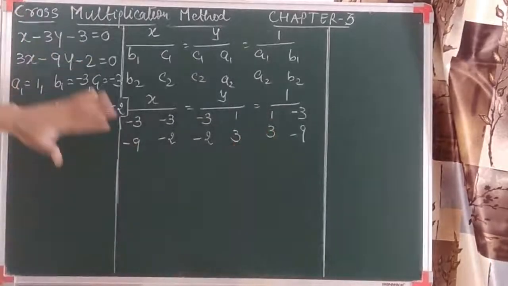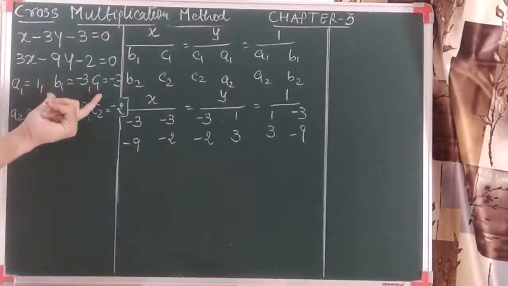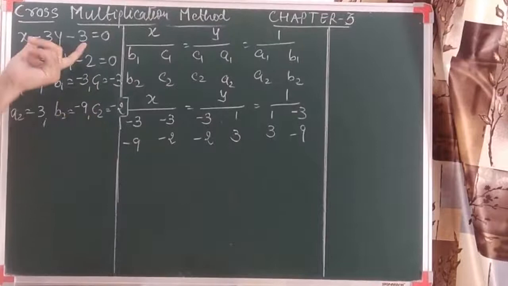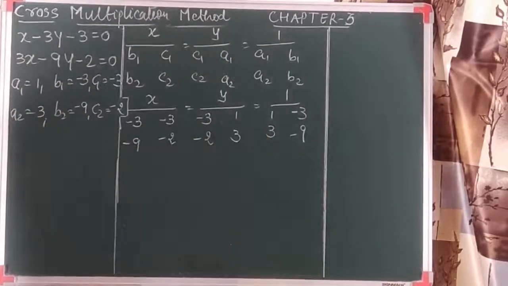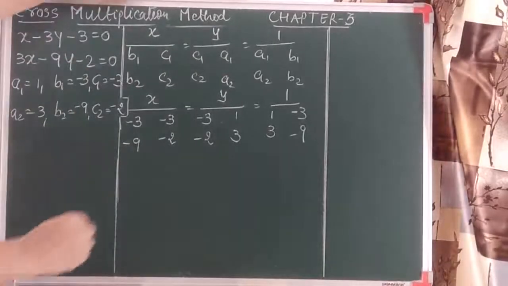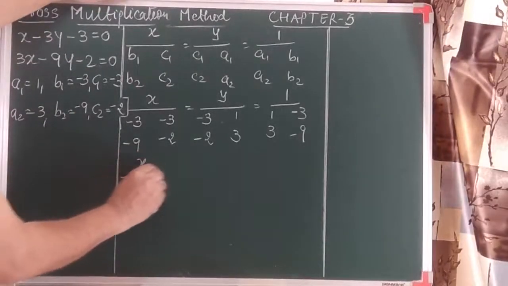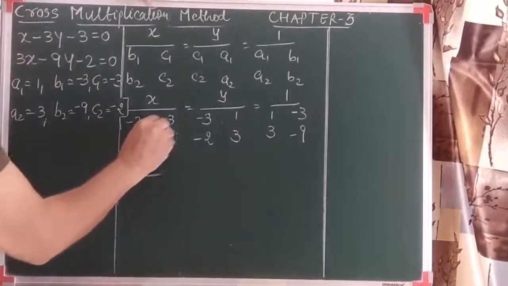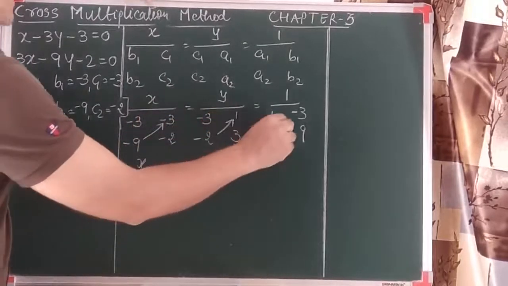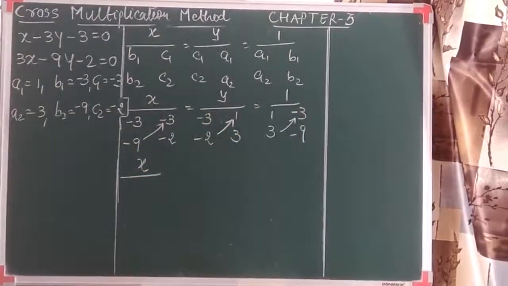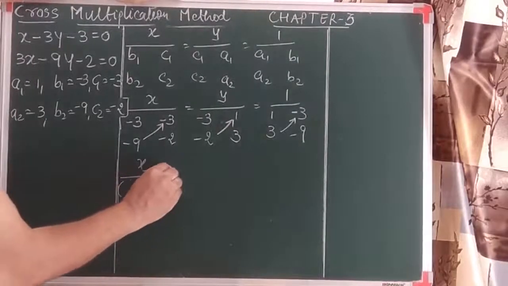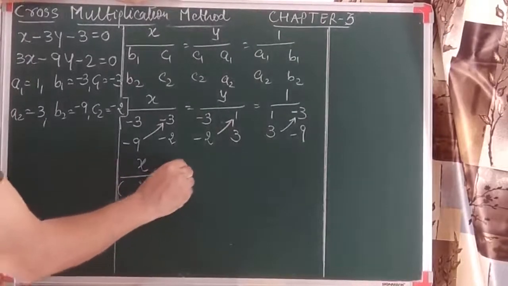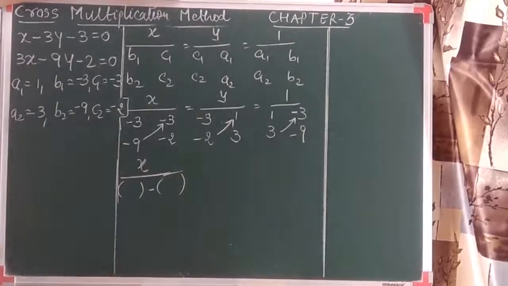Remember friends, this first step is very important. You should write the correct coefficients after converting into the standard form. Then all the values should be written in the order. Now next, which is the title, or we can see the name of this method, we'll go for the cross multiplication. As we discussed earlier, we should go in the same order. But remember here it must be the bracket. We should always have a minus sign between the two brackets.